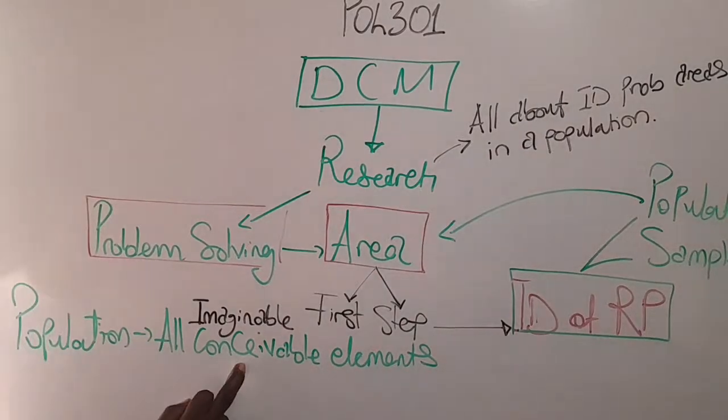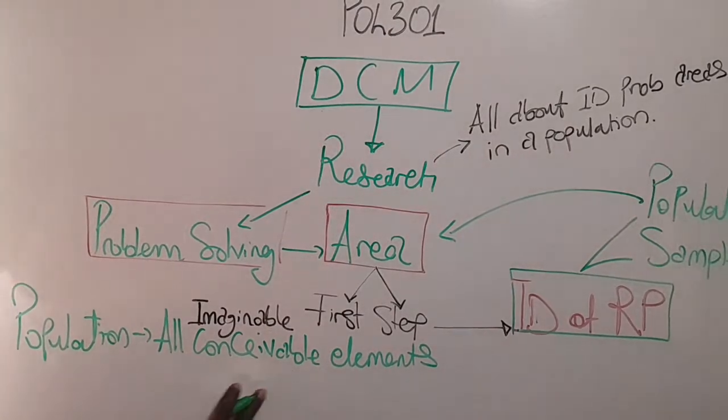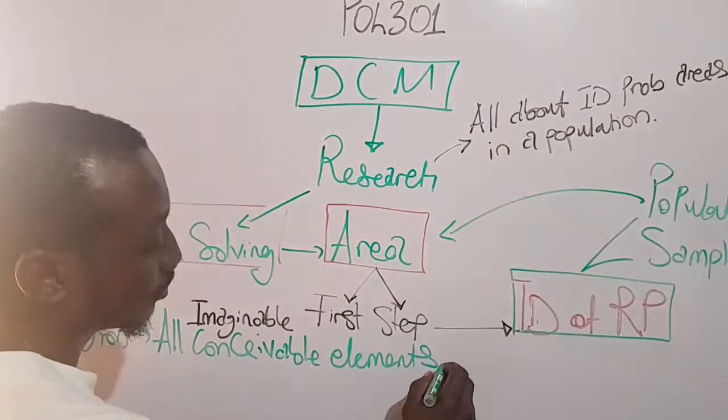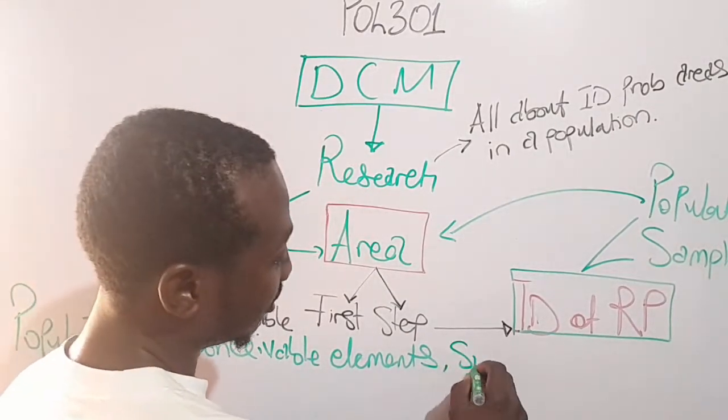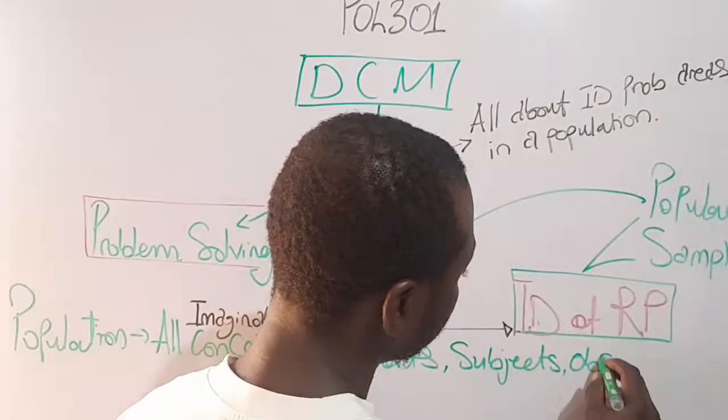So conceivable, imaginable, all elements you can think of, all imaginable elements, all right, subjects or observations relating to a particular phenomenon of interest, all right, all conceivable or imaginable elements, all right, subject, observation,